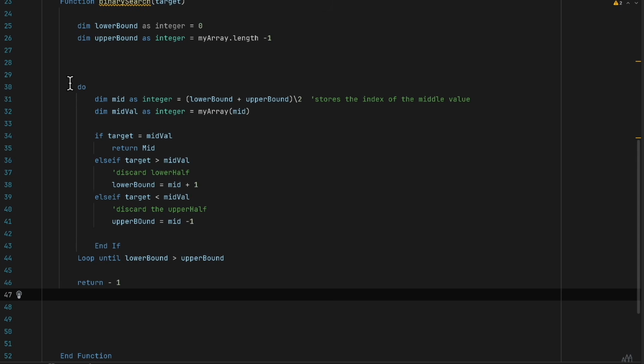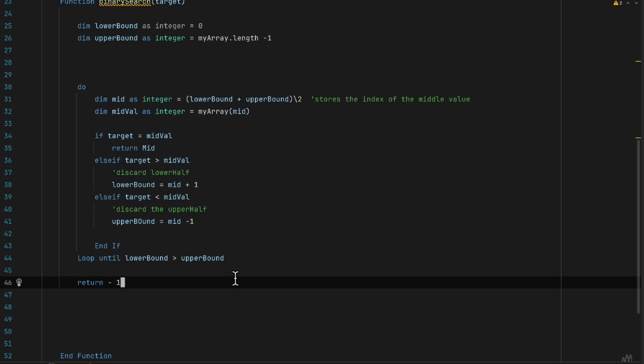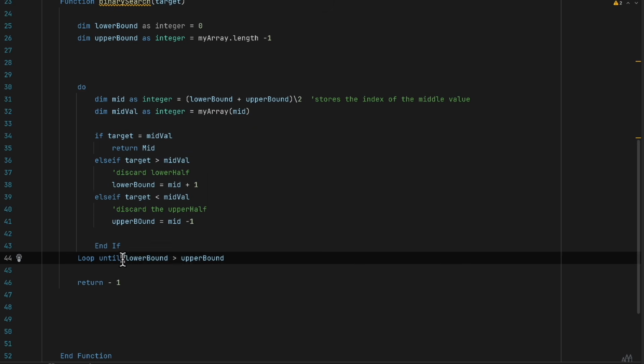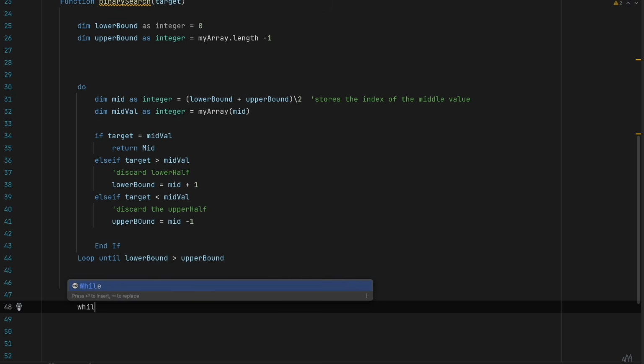So this is a do until loop, right? We loop until the lower bound is greater than the upper bound. But if we were to use a while loop, then what we have to do is loop as long as the search space is